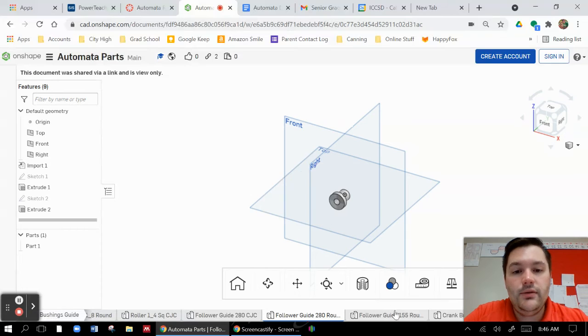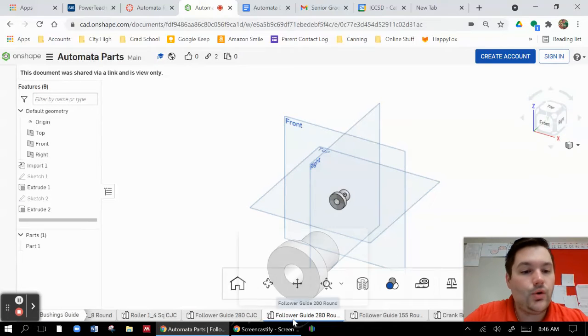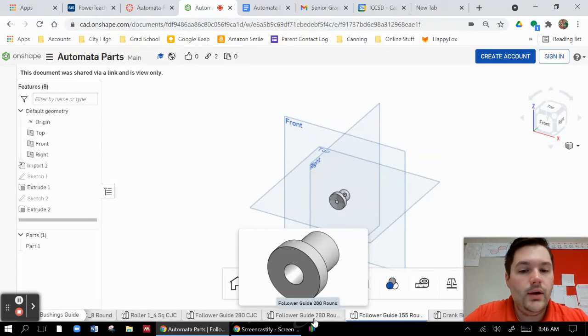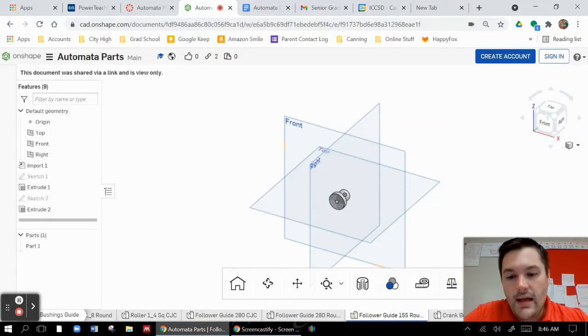If you want them to be able to spin, you've got some round ones. This is for a 1/4-inch round dowel. This is for an 1/8-inch round dowel. You see the hole's a little bit bigger, so it says 288 or 280. That's to give a little bit of room in real life. And then the last ones here, if you look all the way over here,